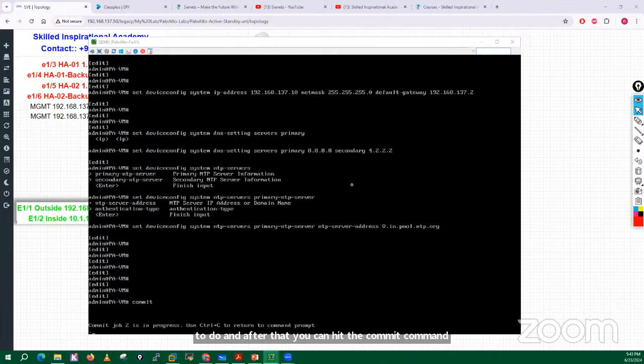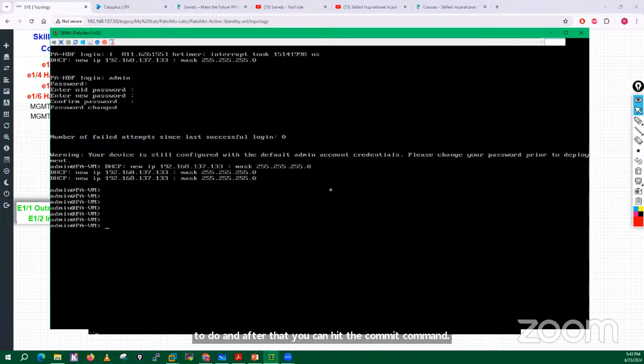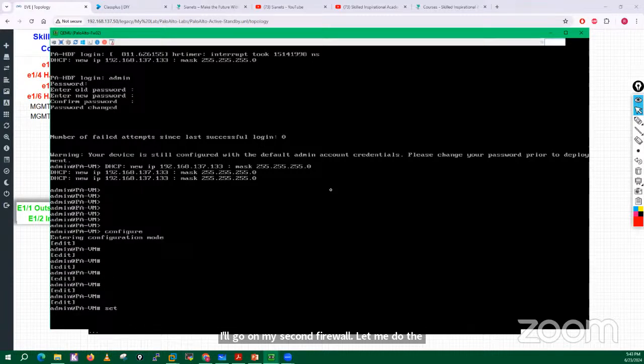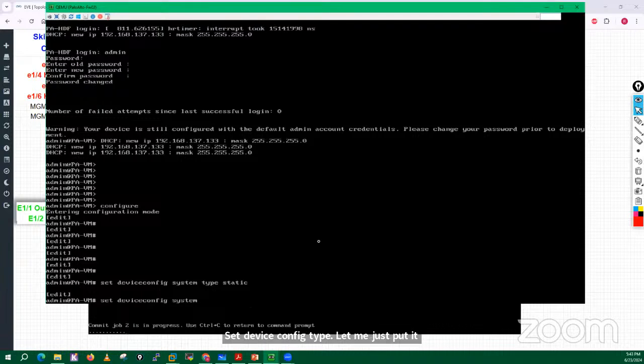Meanwhile, I'll go on my second firewall. Let me do the same here as well. Configure, set device config system type static. Set device config type. Let me just put it here. IP address